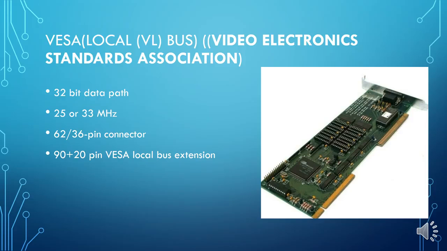And why VL bus? This word is used. VL bus is nothing but a local bus, and it is a physical path on which data flows at almost the speed of the microprocessor, so that the system performance increases. Means whatever the speed of the processor, the same speed will be that of your local bus.